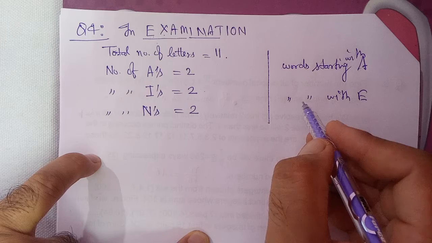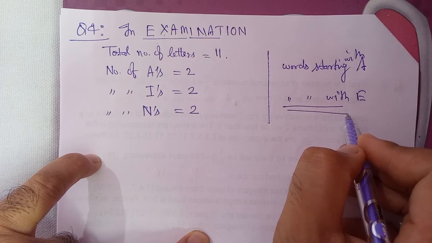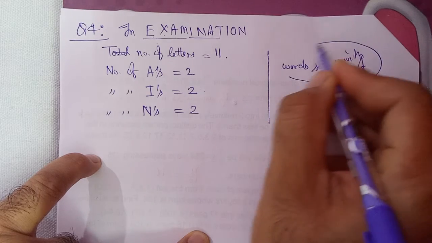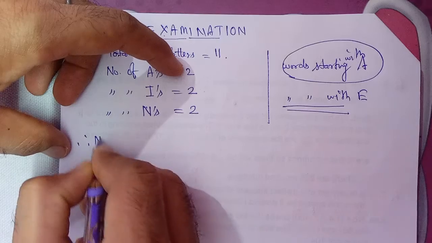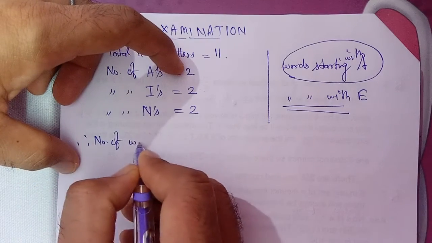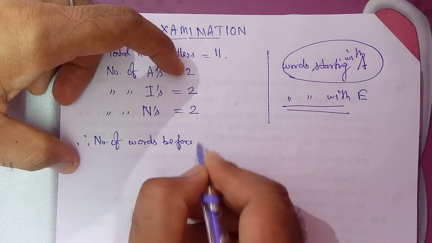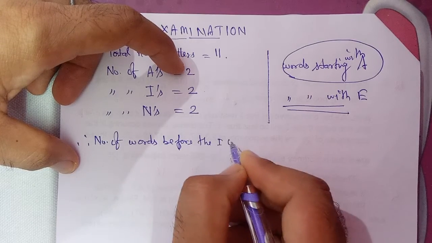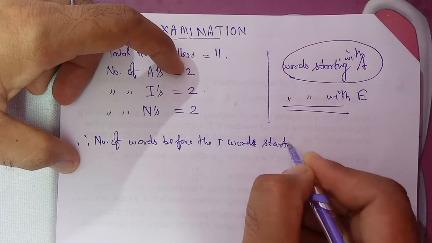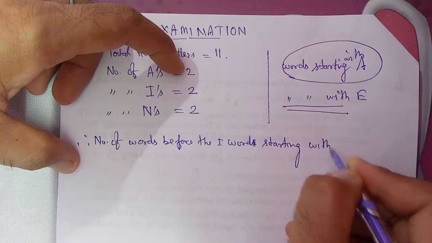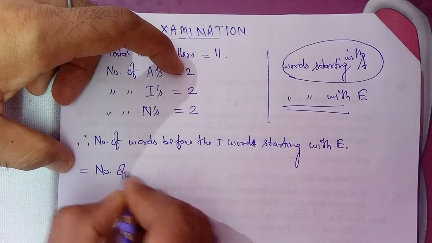Now find out number of words before the first word starting with E. It means simply question is find out number of words starting with A. So number of words before the first word starting with E equal number of words